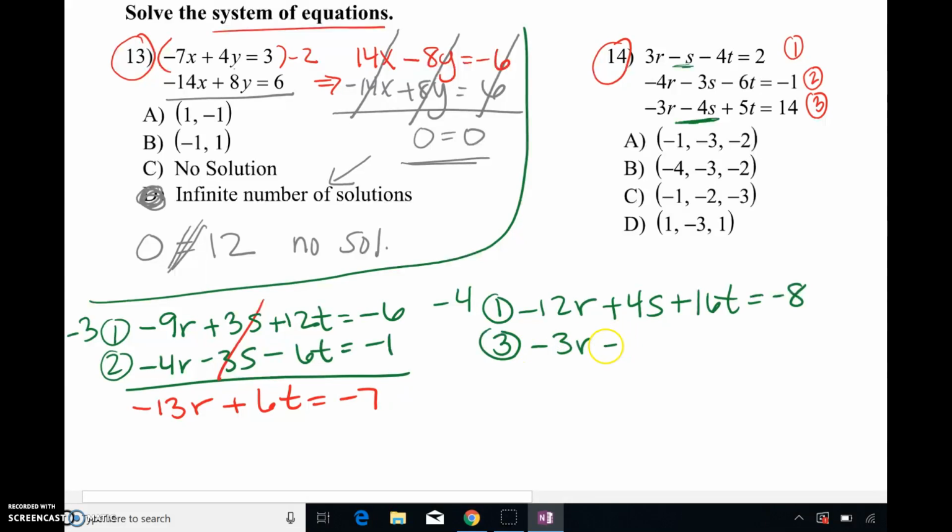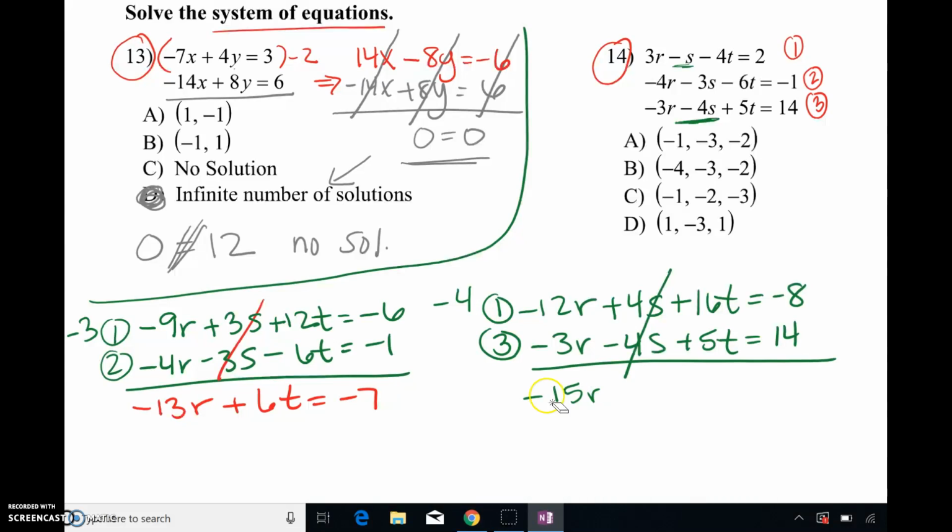I did nothing with equation 3, so I'm just copying it. Again, s's should eliminate. I get negative 15r and then 16 and 5 make what? 21t equals